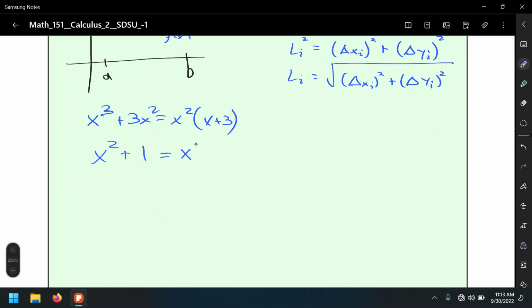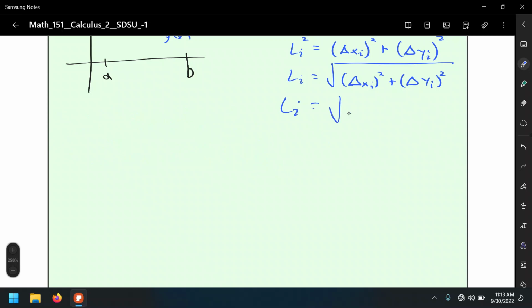Exactly. So that's the algebraic mischief that we're going to do here. And you might have done this kind of factoring in Calculus 1 when you computed limits at infinity. Well, that's one of the approaches: to factor out the highest power in both the numerator and denominator. So we're going to do the same over here. So L sub i